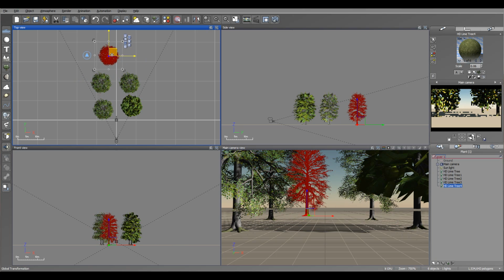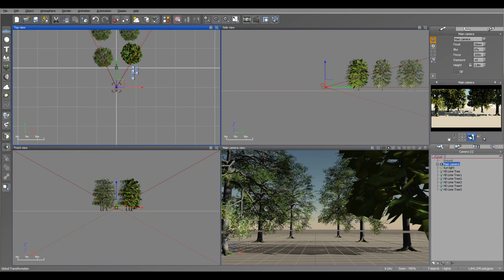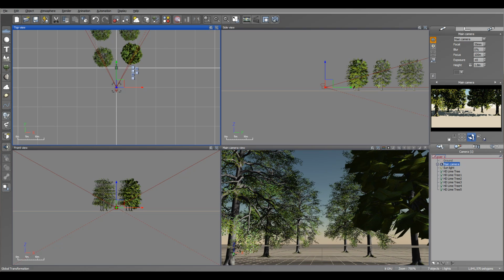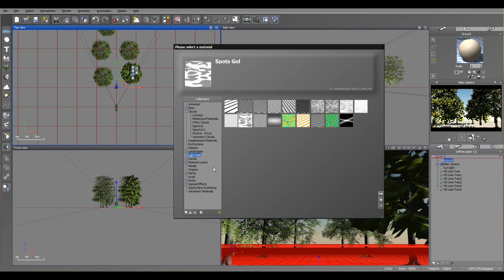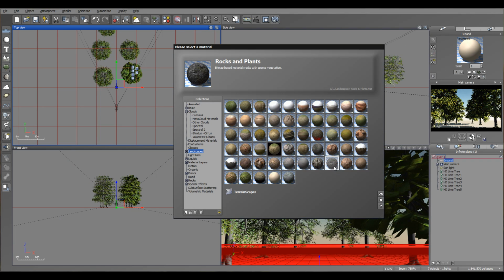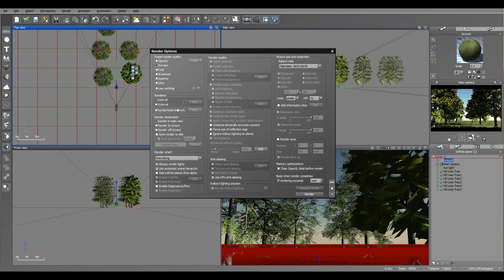Okay, right here. Okay, next I'm going to take my camera and point it at the middle. This is a very simple effect. We'll take the ground, and let's change our ground to something with a green effect. So at this point, if we go and render our scenery, okay,